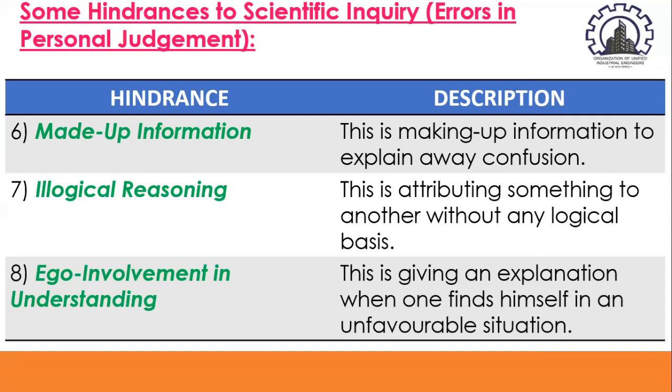Now, the storekeeper mistakenly gives a change of 40 pesos. The buyer goes away without counting the change, but when he gets home, he finds that the change is short of 10 pesos. Now, instead of going back to the store to find out why he has a wrong change,